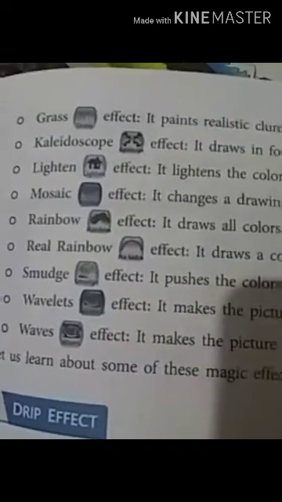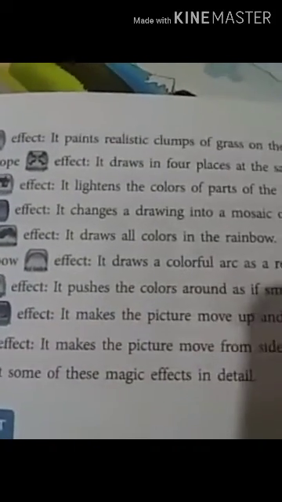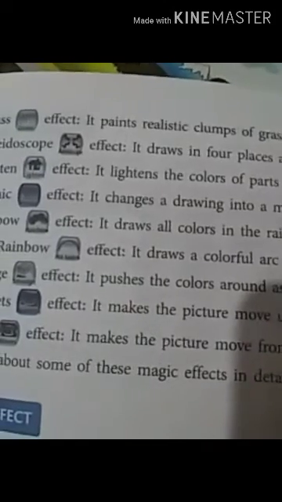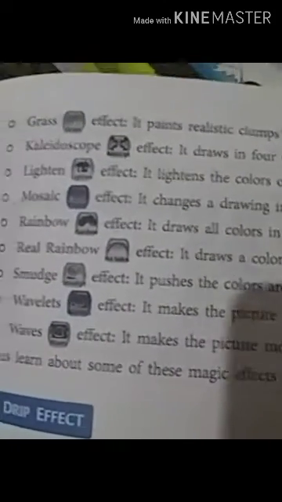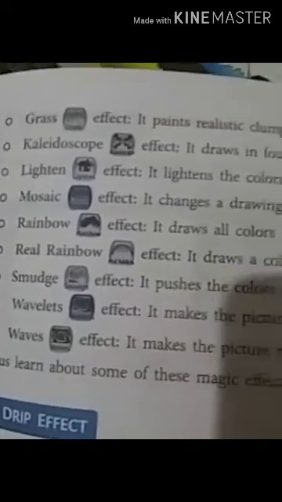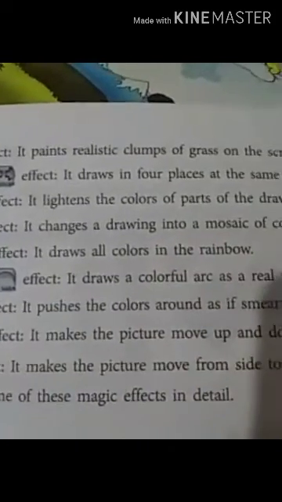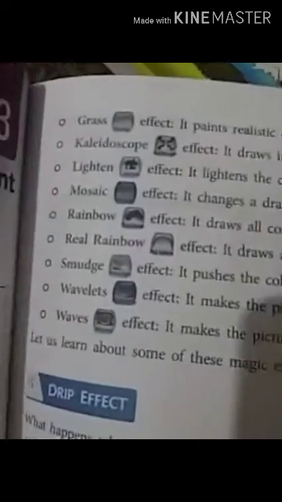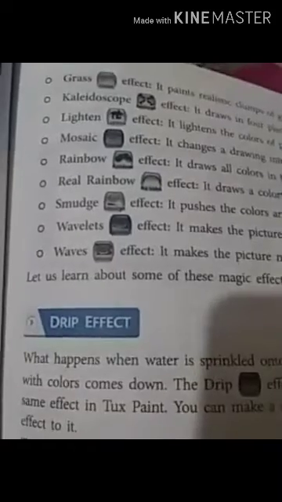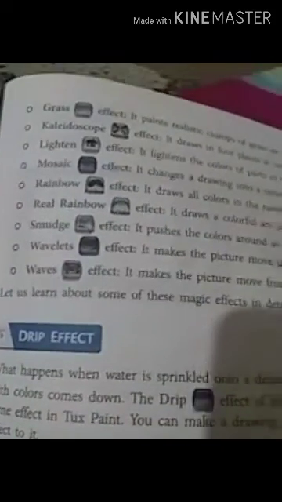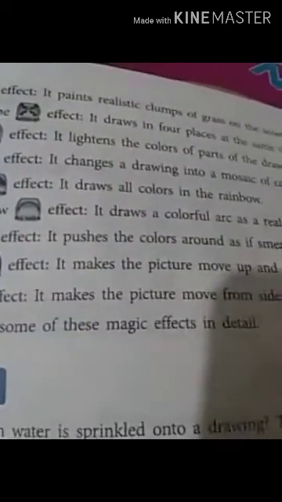Then rainbow, it draws all the colors in the rainbow. That means just like a rainbow, your drawing will be more colorful with this. Then the real rainbow effect, it draws a colorful arc like a real rainbow. That means when you need an arc in your picture, then you will use this real rainbow effect. Smudge effect, it pushes the colors around like surrounding wet paints.